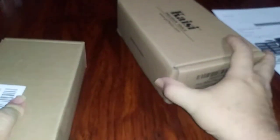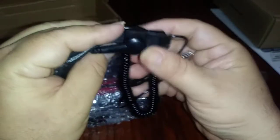So without further ado, let's look at the smaller one first, the Vin Team, and that's this smaller box right here. So let's open it up. I have taken the liberty to pre-unbox most of it, so you guys don't have to hear me ripping up plastic paper or anything like that. This is what you got right here. So first of all, it looks like we have a wrist strap. This is for when you're working on PCs and things like that. You have this little wrist strap right here, for grounding yourself, which is very important,